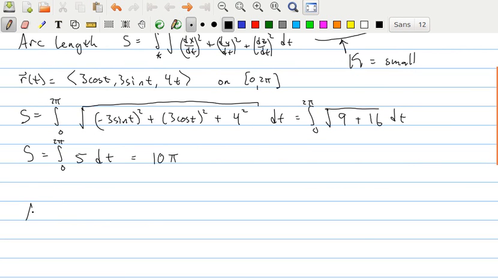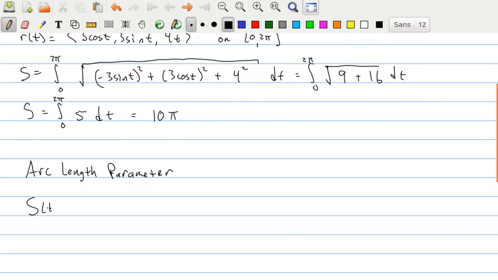Piggybacking off that idea, we've got the idea of the arc length parameter. So to get the arc length parameter, we've got to have this arc length function on a more generic interval. So we're going to define the function s of t to be the integral from some starting point. By convention, we usually define this to start at 0, although you can pick any starting point, really. The arc length parameter is the integral from 0 to t of the same integrand. The derivative of x squared plus the derivative of y squared plus the derivative of z squared with respect to